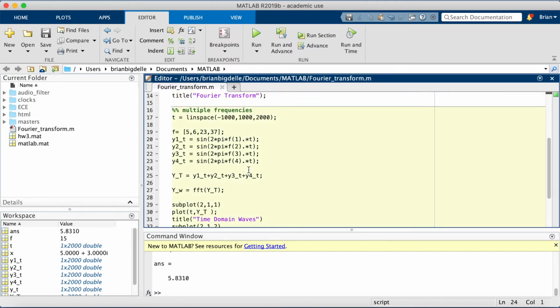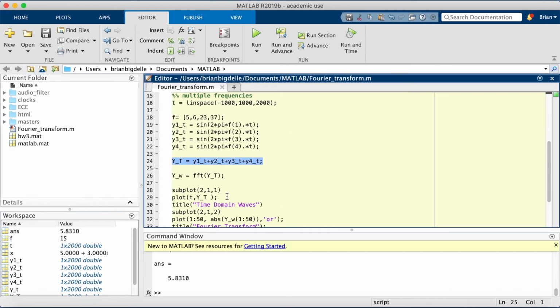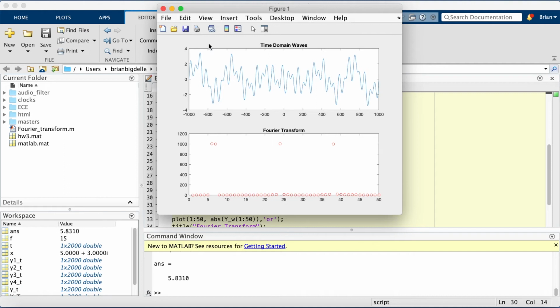But here's what it does when there's a much more complicated function. So right here you can see a lot of different sine functions with many different frequencies, 5, 6, 23, and 37. What I have done is added these all together to form one larger, more complicated wave, and hopefully Fourier transform can find the frequencies of those. So let's see. So as you can see, this is the time domain wave, really complicated, hard to understand by